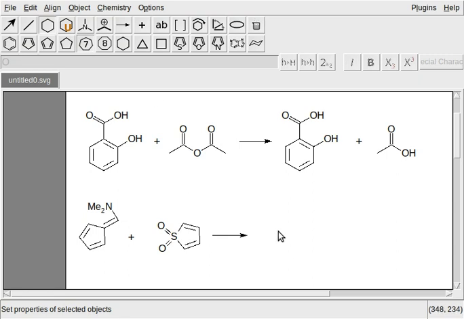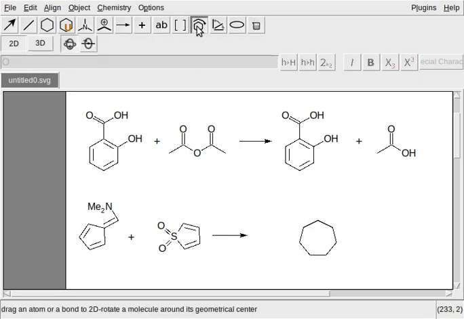Here it's too much to the bottom. We must have a 5 membered ring there. We need to move right. With the right arrow key of the keyboard, we have moved it right. Then we need to rotate it slightly to look good. If you want to rotate it, unselect it, click the rotate button. Move it this way. This looks similar to the original.